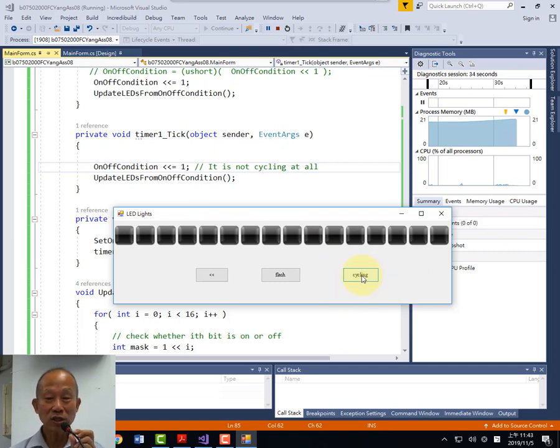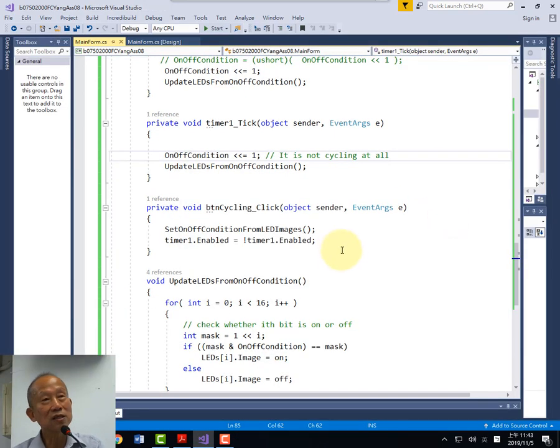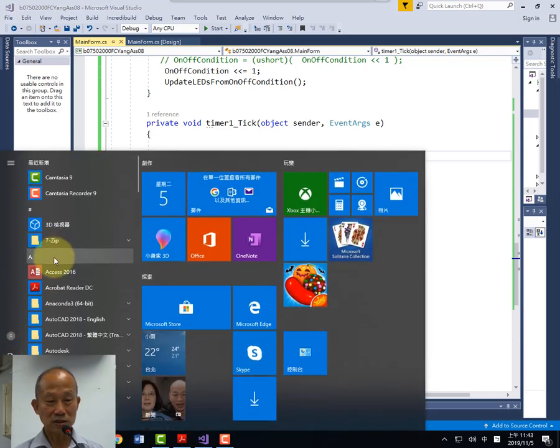Time is still ticking now. Time is still ticking. When I click it, okay, it stopped right now. If you work it, you can prepare a new pattern and then click on the cycling. Okay, so you will keep coming back. 好，那这个 cycling 是你的 mission。